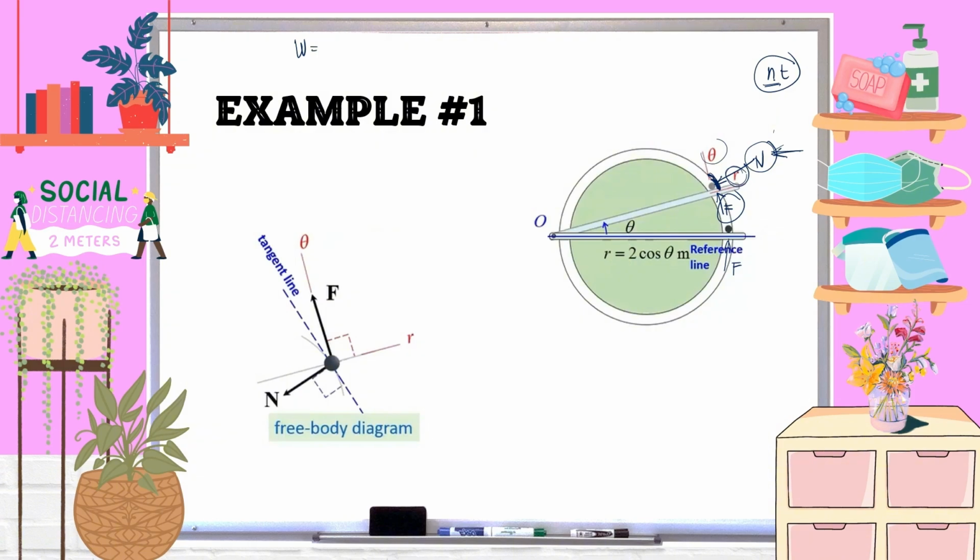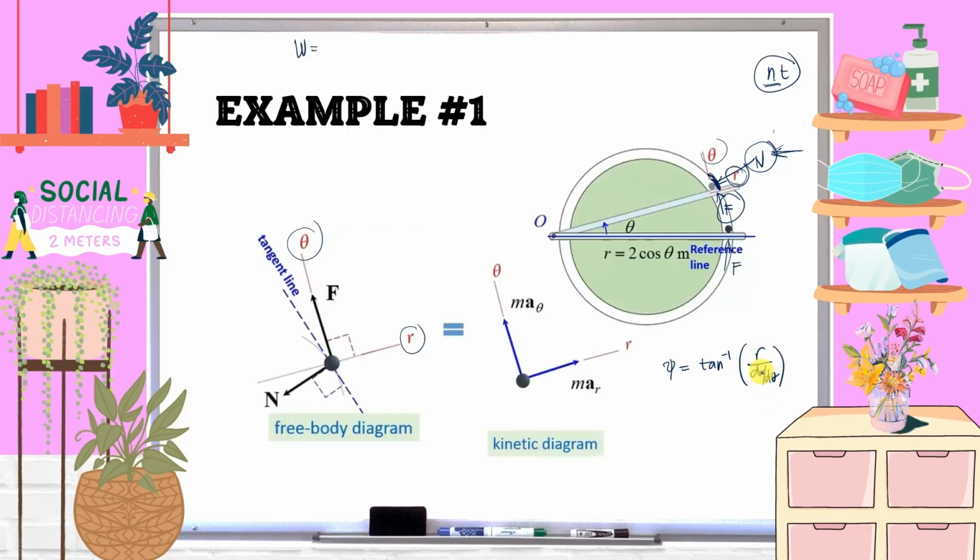Likewise, we will now create the kinetic diagram, and our kinetic diagram only includes r and transverse. So we now have steps 1, 2, and 3. Next, we cannot move to step 4 yet. Why? We will now include the calculation for psi, which is the arctangent of r over dr over d theta.